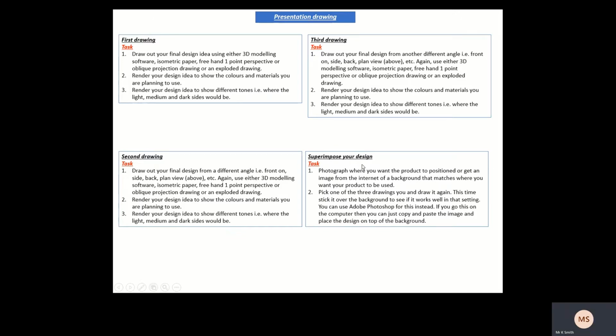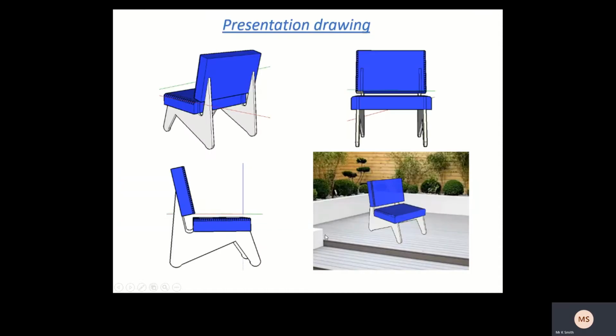And then this one: superimpose your design. Photograph where you want the product to be positioned, or get an image from the internet of a background that matches where you want your product to be used. Pick one of the 3 drawings you have drawn again. This time, stick it over the background to see if it would work well in that setting. You can use Adobe Photoshop for this. If you go on this program on the computer, you can just copy and paste the image and place the design on top of the background. So you can see here,